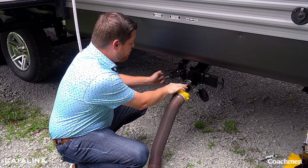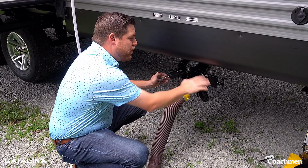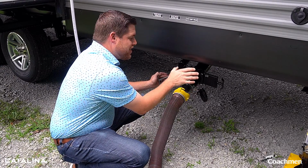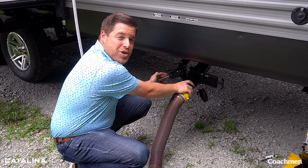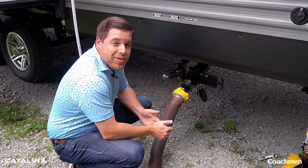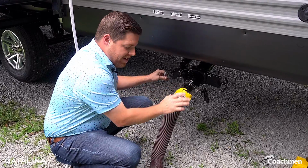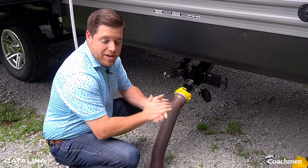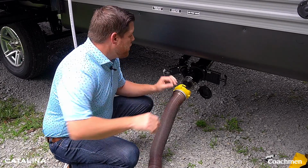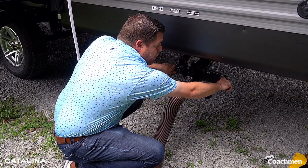The reason why I say pull the gray tank first before the black tank is you want to make sure that if anything's not hooked up properly, it's gray tank soapy water, dirty soapy water, not black tank water that's running out and letting you know that you screwed up. Once you do pull the gray tank, you make sure the hose is running and everything's hooked up properly and you've got the hose in the sewer, then you're going to want to go ahead and pull the black tank